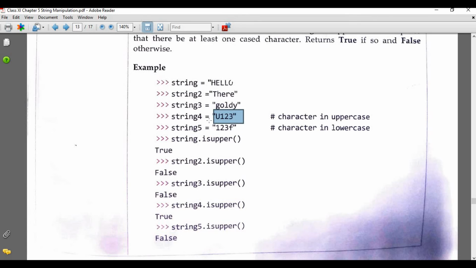Why? Because here U is written in capital letter. That's why it will return true. So the values of string HELLO and string 4 both return true, and the remaining return false.